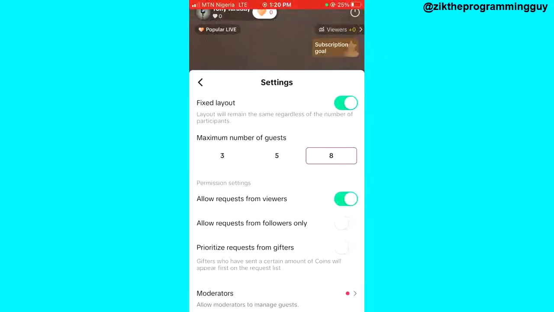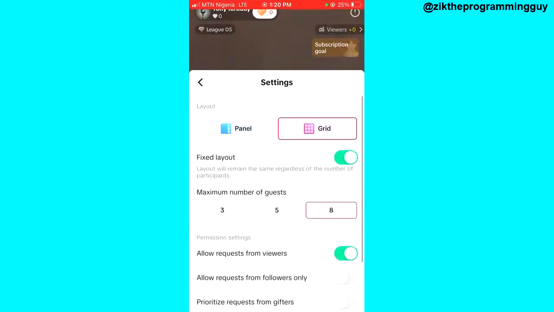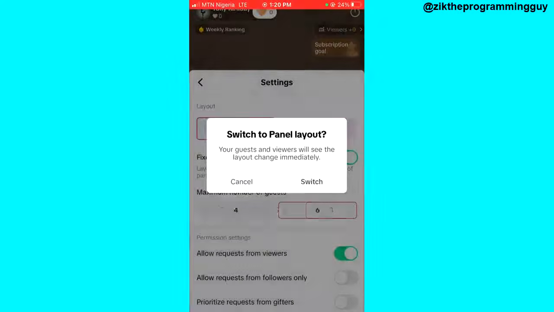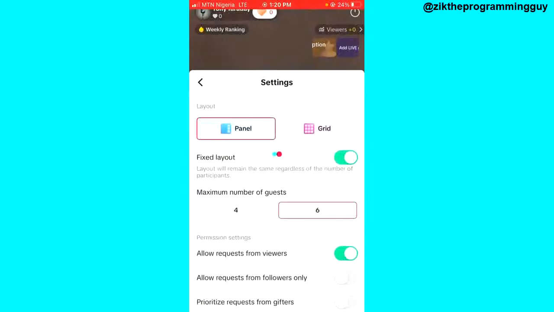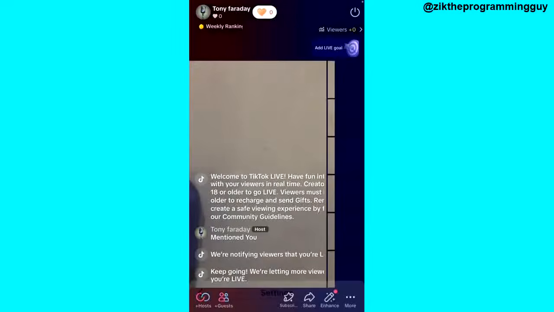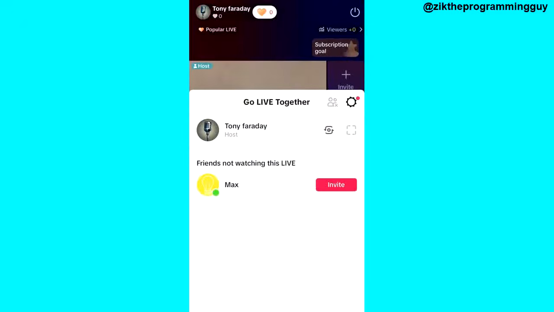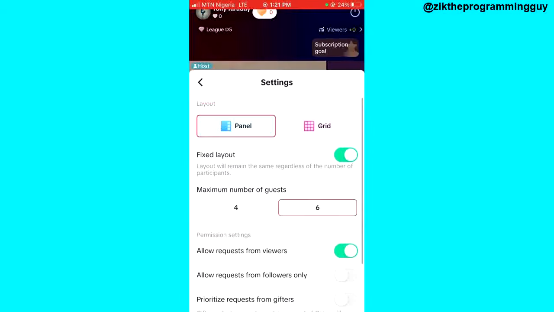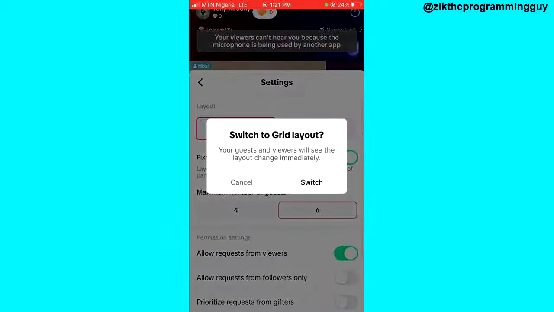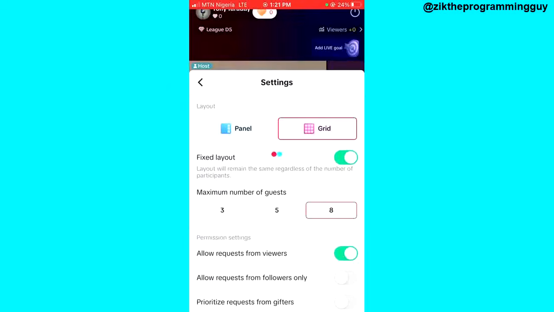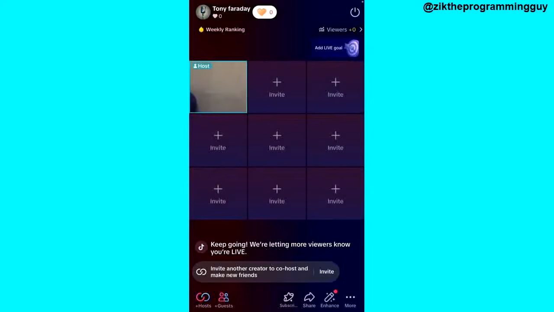here. But currently what I have is 3, 5 and 8, and I think it's for the grid layout. But if you go to the panel layout, you will be able to see 4 and 6. I'm very sure that you can get that 16 boxes if you are on the grid layout. Let me switch back to grid, and then once you have it, you will see the 16 options